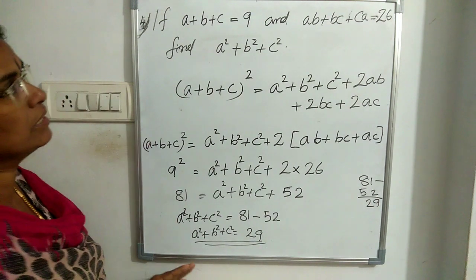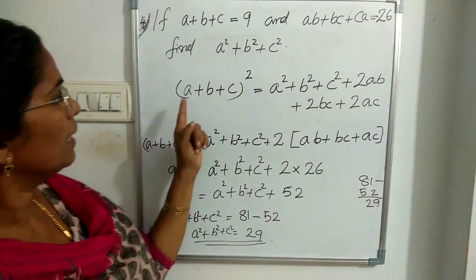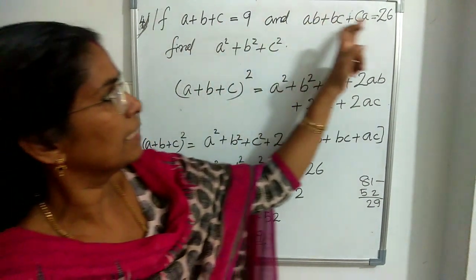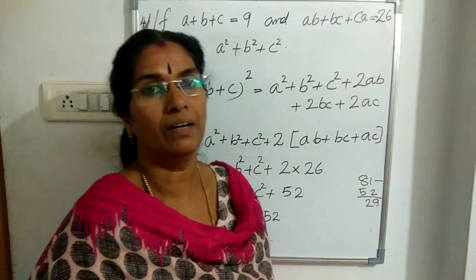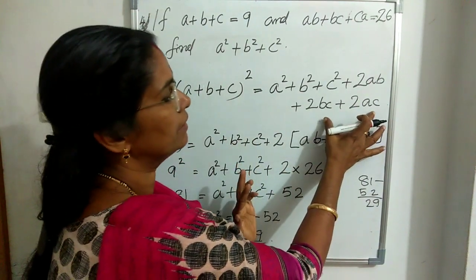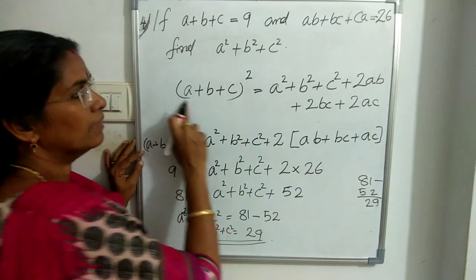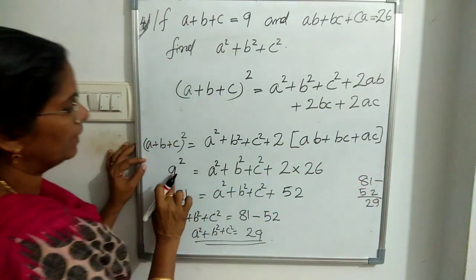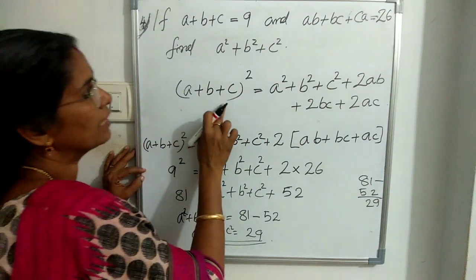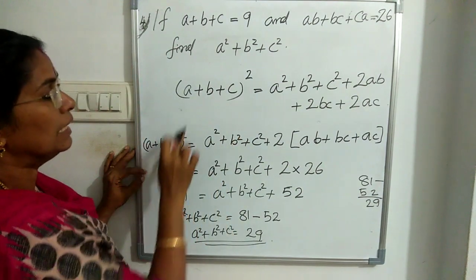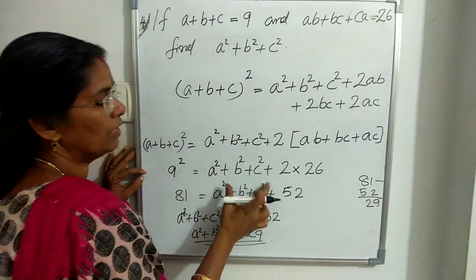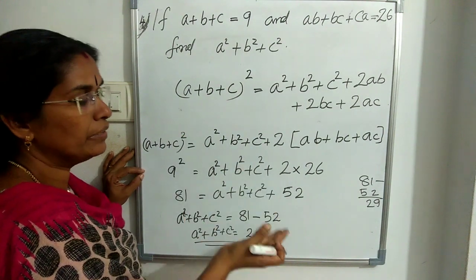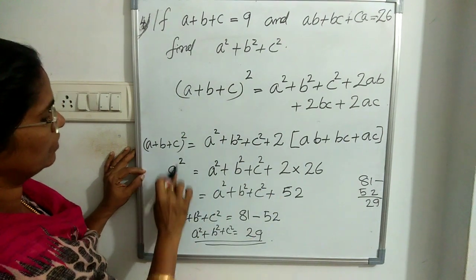It is an important question by applying this identity a plus b plus c whole square. Okay, one more time. What is the values are given? First you have to check which values are given. According this we are rearranging the terms. First we are writing the identity. After that we are rearranging the terms and substituting the values, which are the values are given. This value is given, so we are applying here. If these values are not given, its value is given means you have to write here its value. Okay. So which are the values are given, according to this we are applying and solving this.